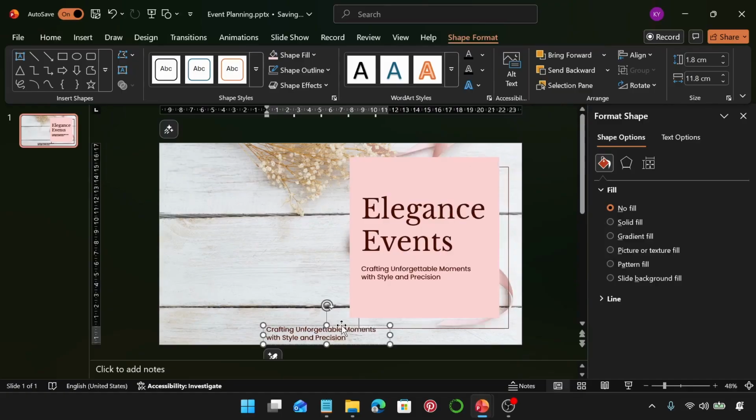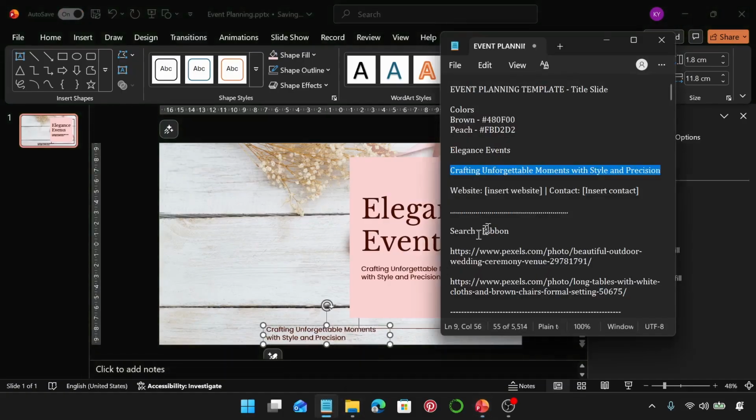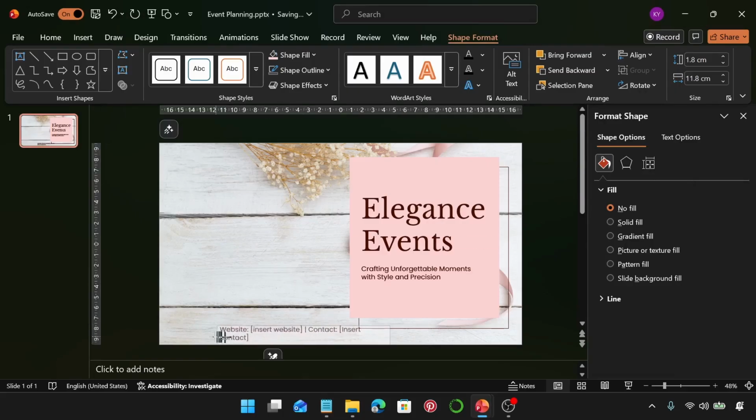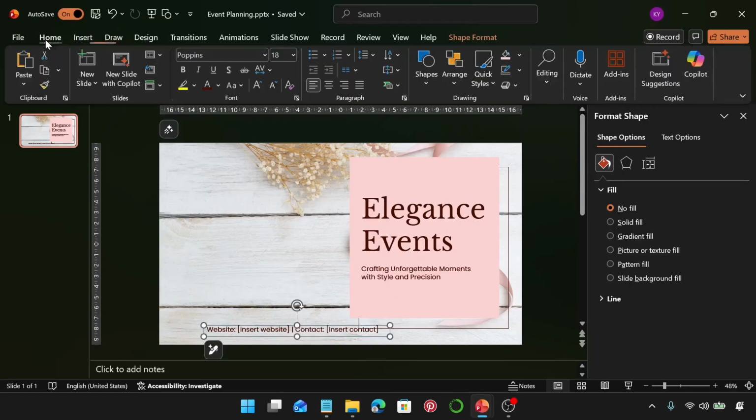Let's select this. I'm going to grab the text for this bottom section, copy this, and I'm going to paste. I'm going to increase the width. Next, I'm going to go over to home, and then I'm going to change the alignment of the text to center, and then let's also change the size. Why not? I'm going to reduce the size of this text to 14,